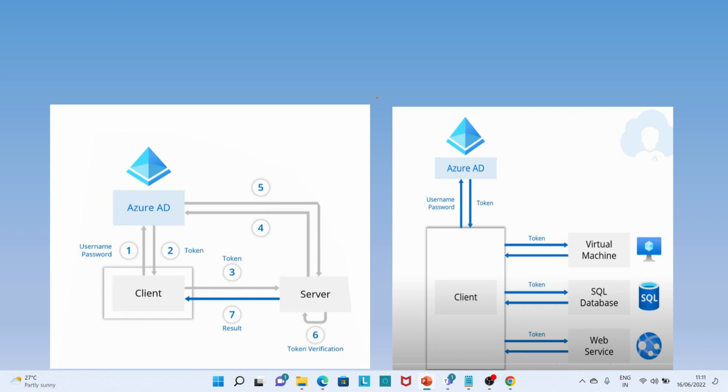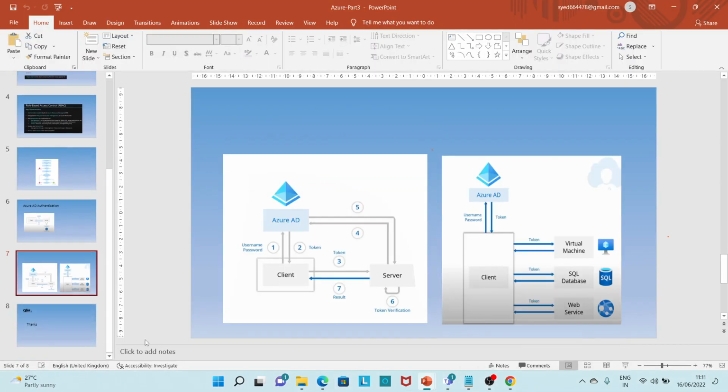Okay. Now you need not remember all those usernames and passwords. With a single username and password, you will be able to log in to all these resources. So that is what is called Azure AD. And many of the resources that we create support this Azure Active Directory authentication. It is called AAD authentication. So when you have this AAD authentication enabled, you will be able to log in to your servers without a username and password. All right. So let's see this also